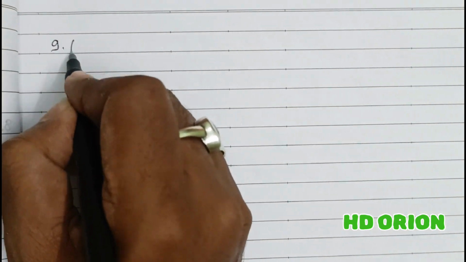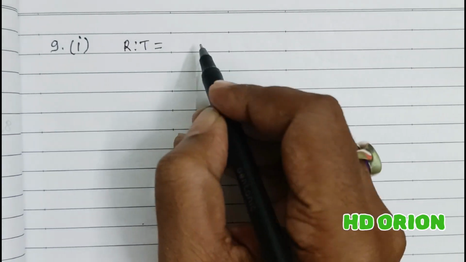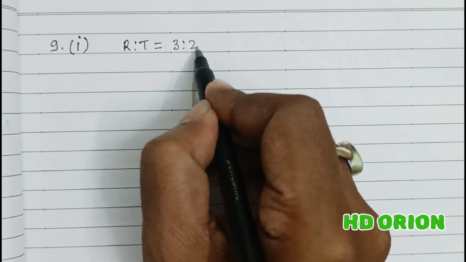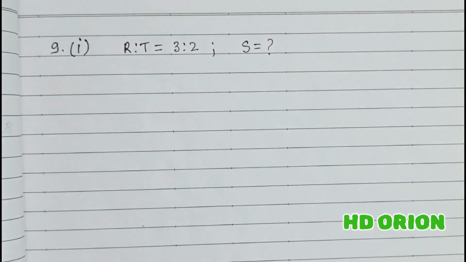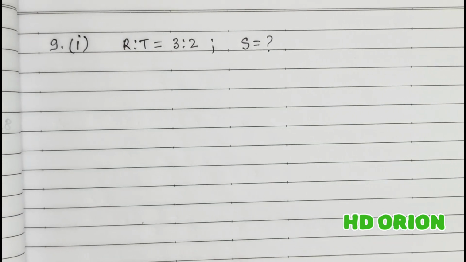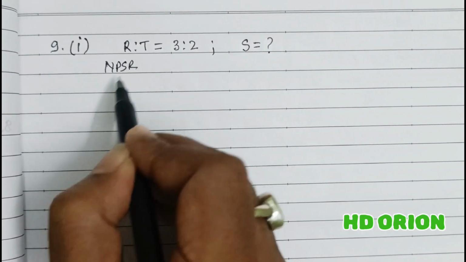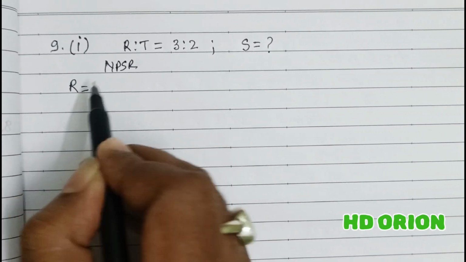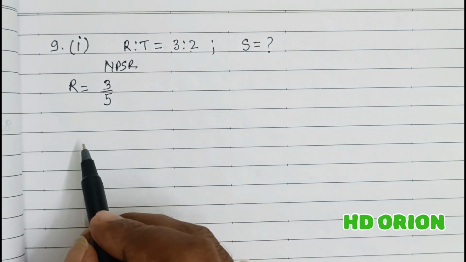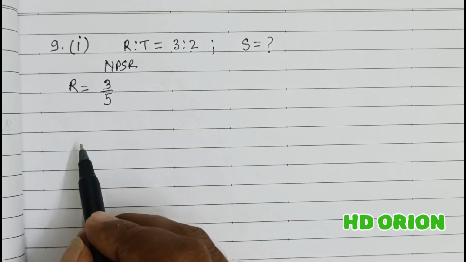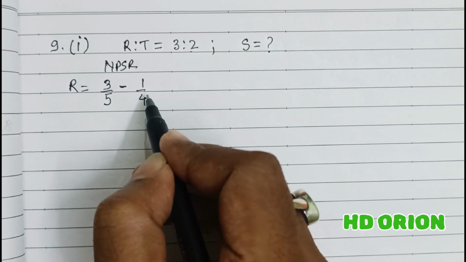Question number 9, first part. R and T are partners and their profit sharing ratio is 3:2. And a new partner S is joining. And what is the portion of S is not directly known to us in this question. Fine. So let us calculate the new profit sharing ratio of partner R first. R was already getting 3/5. Fine. Now in the question it says R surrenders 1/4 of his